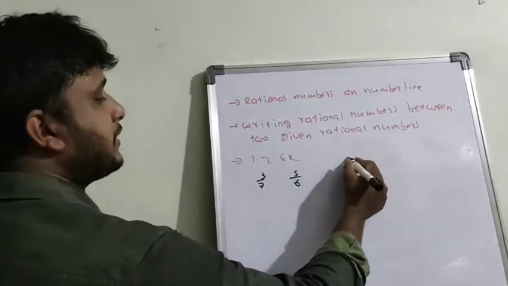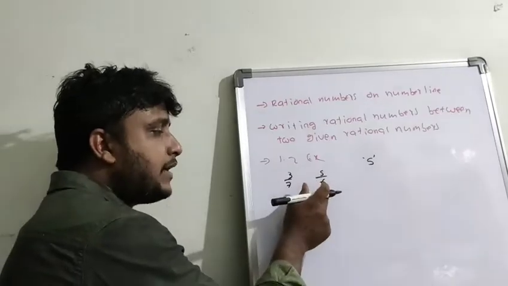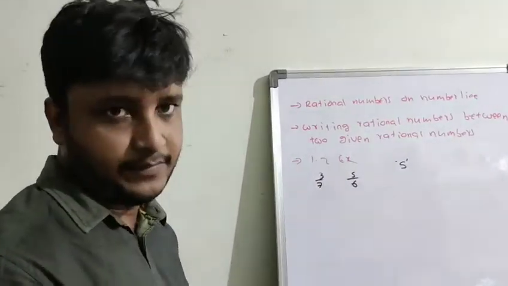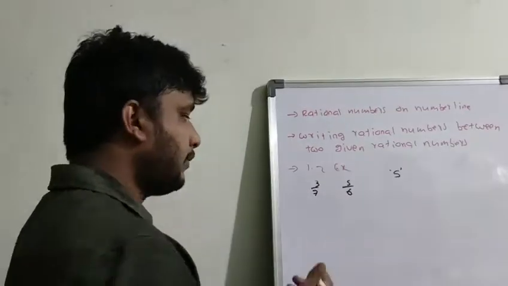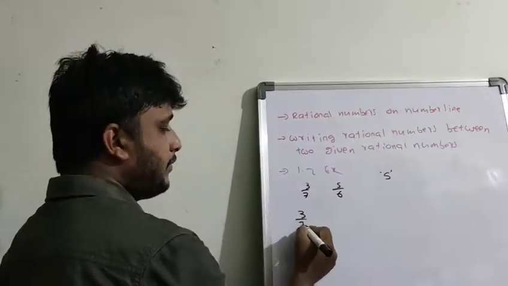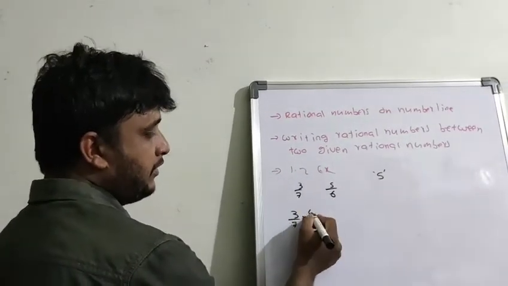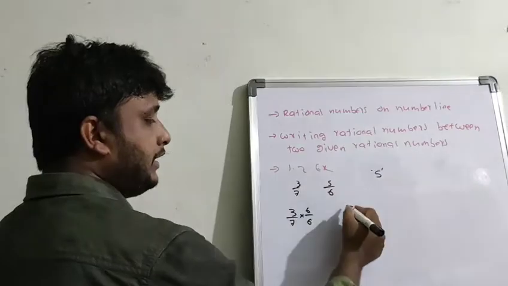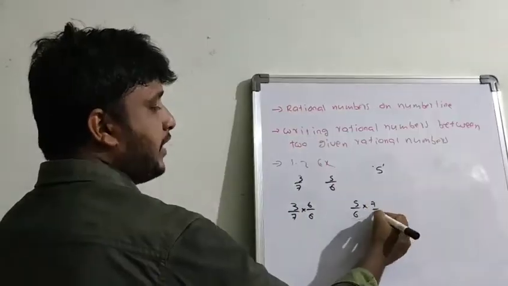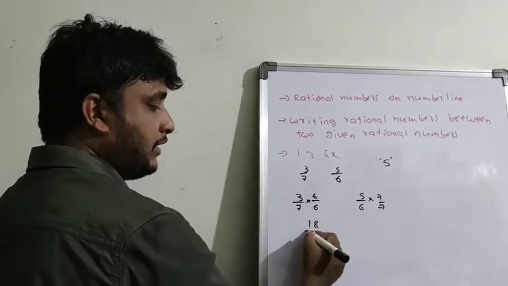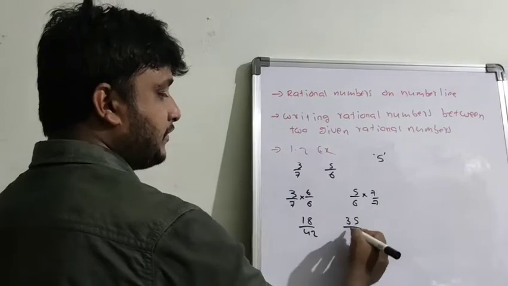So, write 5 rational numbers between two given numbers. In the sense of what you have to do: first we have to make the denominators the same, equal denominators. Then you have to write the numbers. For example, to make the same denominators, you have to multiply this rational number with the second rational number's denominator, 6 by 6. And this one you have to multiply with this number's denominator, 7 by 7. 3 6s are 18, 7 6s are 42, 5 7s are 35, 6 7s are 42.